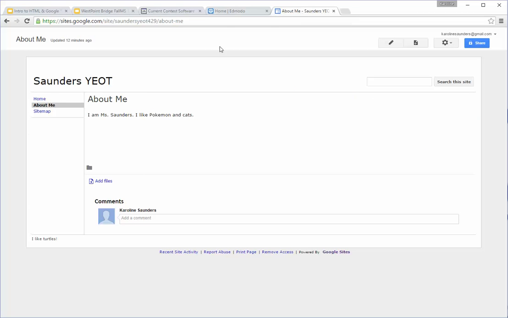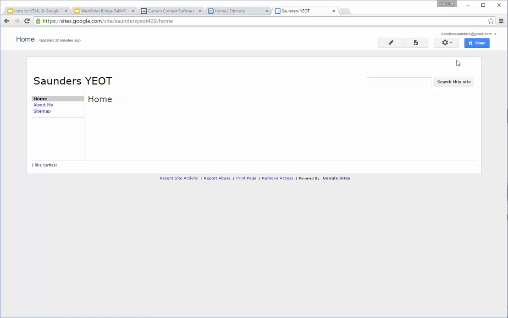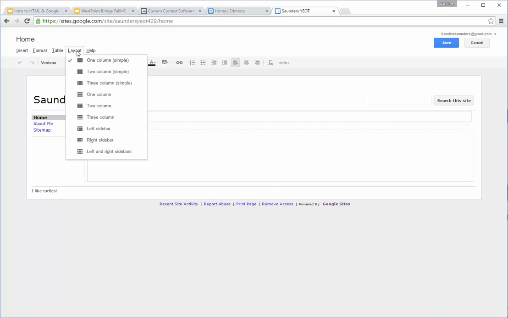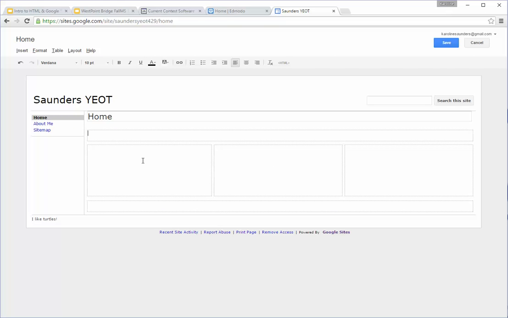Another thing that you are able to do is change your layout from just a single block into several different columns or sidebars. So for example, if I wanted to, I could have a three column web page in addition with some headers, but that's not terribly important. What I want you to focus on, because you can do this on your own time, in fact I heavily encourage doing this on your own time,